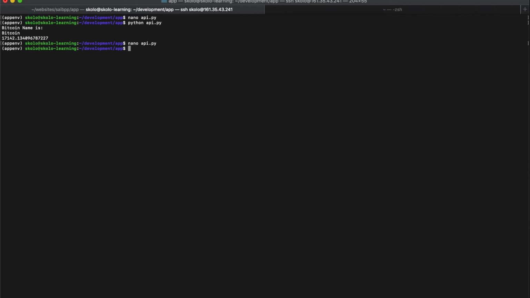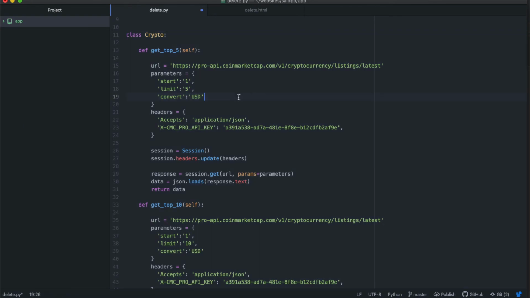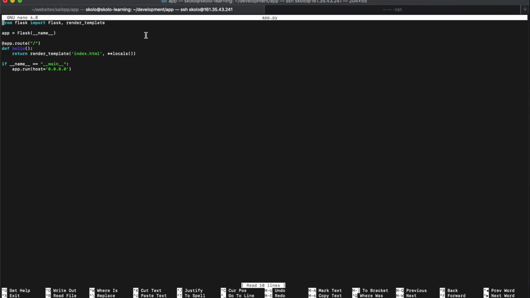And let us go and open up nano app.py. This is where our Flask application is sitting. And from here, we need to import the new class. What did I call it? I called it crypto. Let me actually just copy that so I don't get that wrong. So we're going to go down 2 lines and say from API